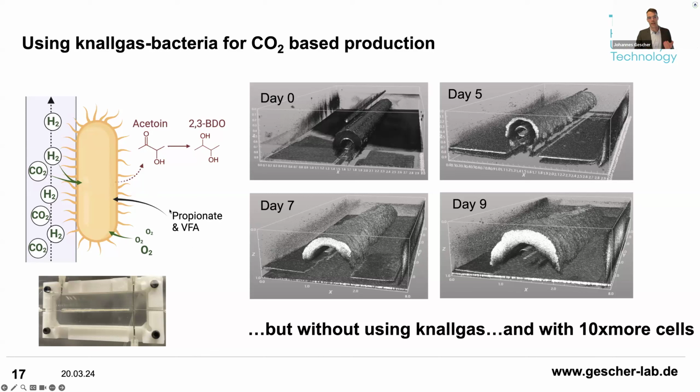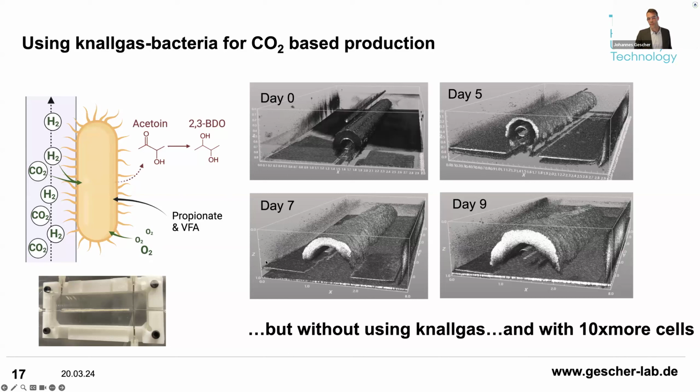So this means that we can grow an organism which usually has to grow with knallgas, a mixture of hydrogen, CO2, and oxygen, but we do not use knallgas, because there's a spatial separation of hydrogen and CO2 from the oxygen. And this means that we can have a safe operation of these organisms that grow on knallgas,